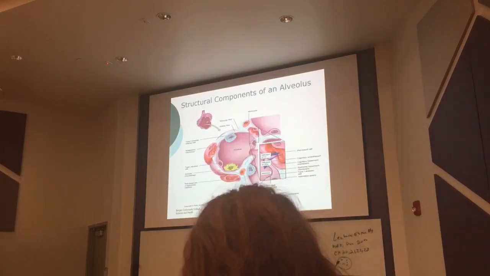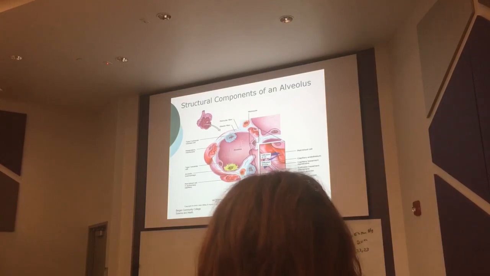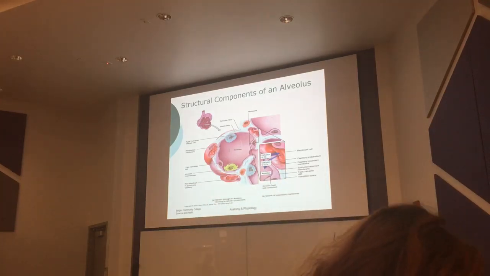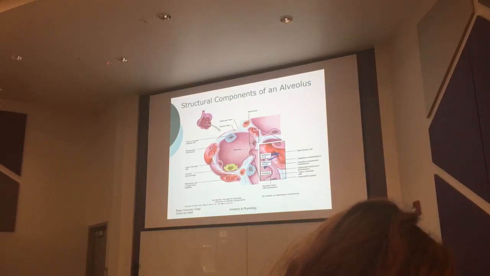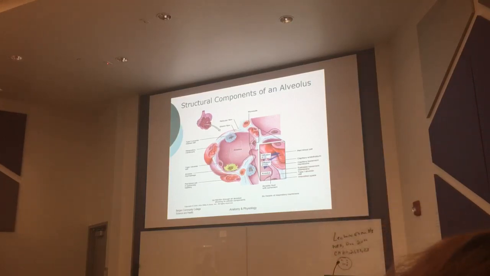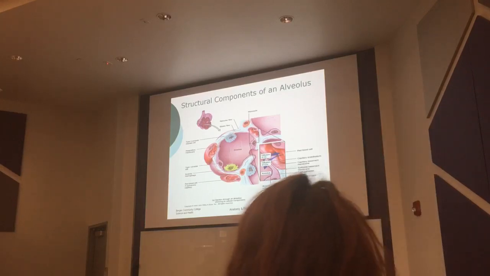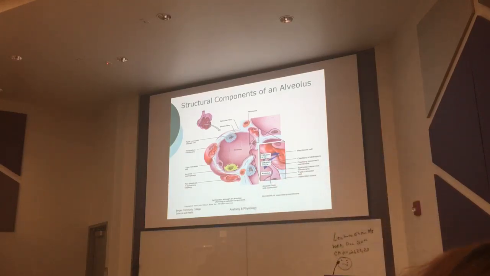If you're looking at this, this is my alveolus, and all the air is going to be in here. These are the capillaries, and the red blood cells just about fit in the capillaries. When I take a deep breath, all the air comes in here. The oxygen in the air diffuses out of the alveolus into the capillaries and attaches to the red blood cells, which take that oxygen to the other cells. As that's happening, those red blood cells release carbon dioxide into the alveolus, and it leaves with the next exhalation.